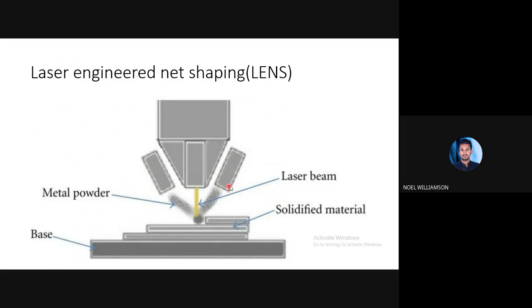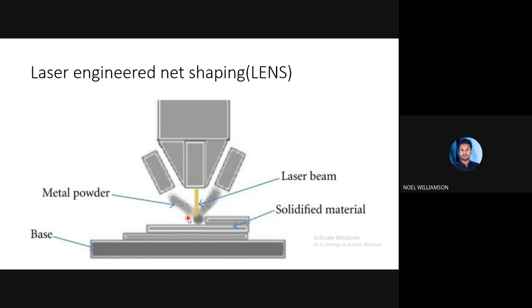So you have provision for giving the metal powder. The metal powder will be given through these two things. Anyway, it could be 2 or 3 or 4, any number. Here we are seeing two portions to give the metal powder to the portion where the layer is to be created. So the metal powder will be delivered at the point of machining. Then what we need is to melt or sinter the material.